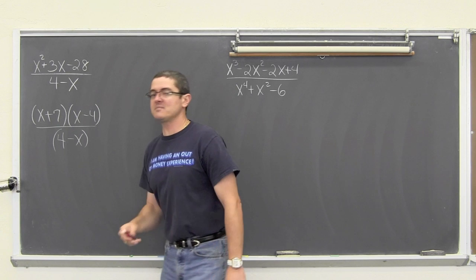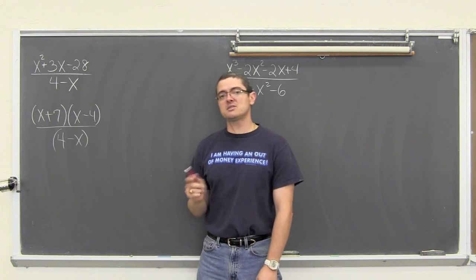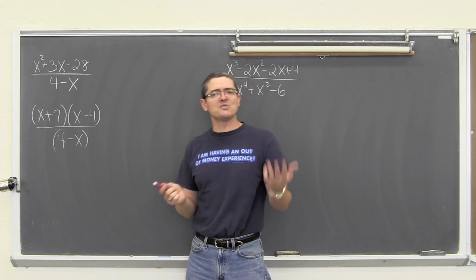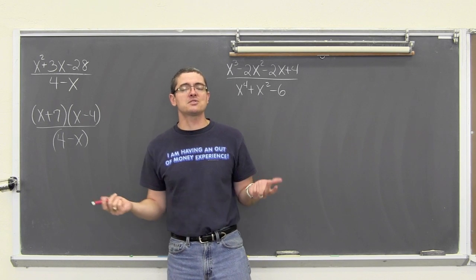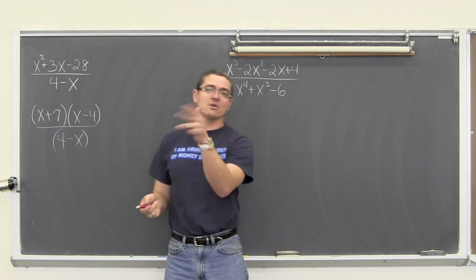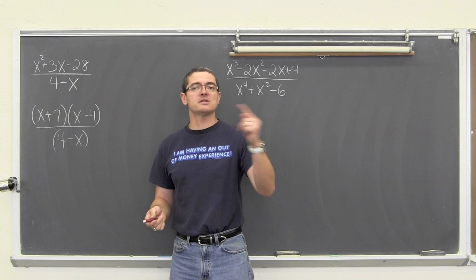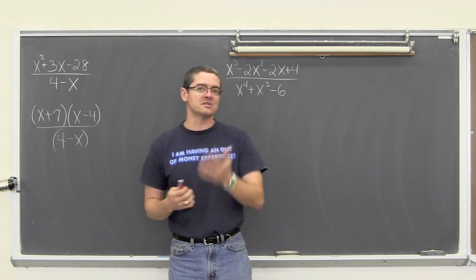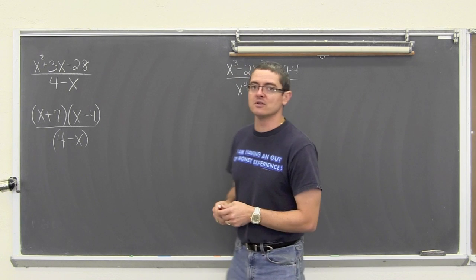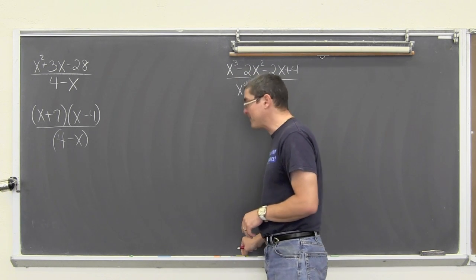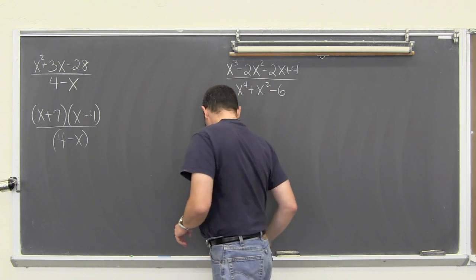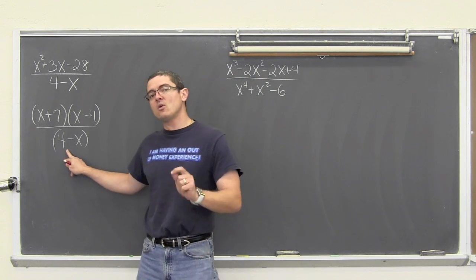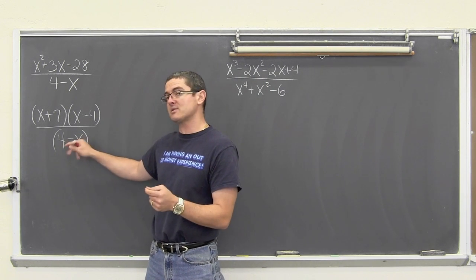Now you might be very tempted to just cross these out, but please don't, because, well, what's 5 minus 2? 5 minus 2 is equal to 3. And if you turn that subtraction around, you get 2 minus 5. That's not equal to 3, it's equal to negative 3. Same answer, but the signs are different. So what you need to do is remember that, so that you can go, okay, well, no big deal. I need to reverse the order of the subtraction. These do not cancel out.